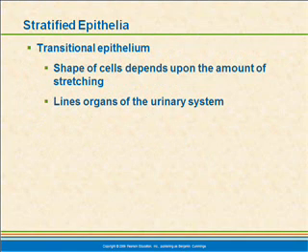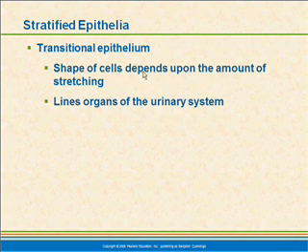Now, transitional epithelium is called transitional because it doesn't have the usual clearly defined shapes. Well, we have cuboidal or squamous or whatever, but transitional epithelium can have any of a number of shapes just depending on how much it's stretched. This is tissue that lies in areas that are subject to stretch, specifically in the urinary system, as this has lots and lots of tight junctions that prevent the fluid from leaking, and it's still very stretchy